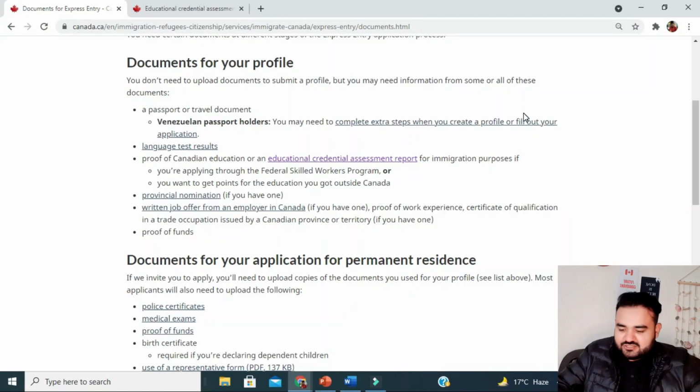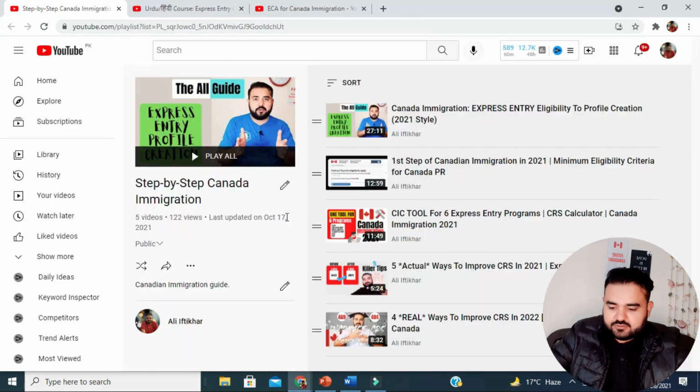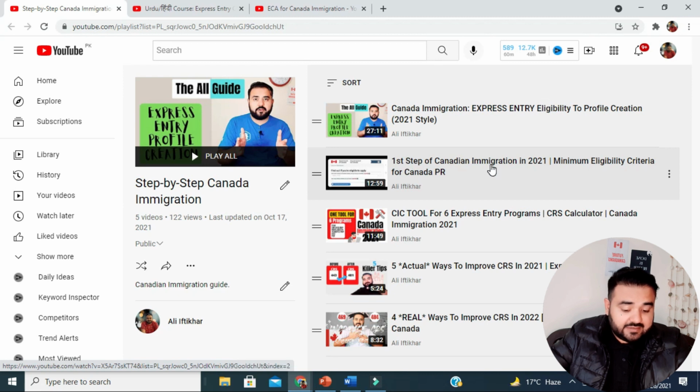All right. So, Canadian immigration: Express Entry, Federal Skilled Worker, Federal Skilled Trades, Canadian Experience Class. If you want to apply through these programs, you have to create your Express Entry application, right? And if we check the website, you need these documents for your Express Entry profile creation. But before that, you need the first step of Canadian immigration, which is checking your minimum eligibility criteria for Canada